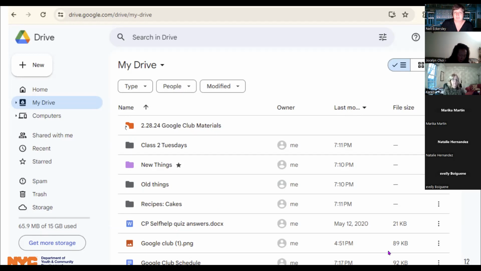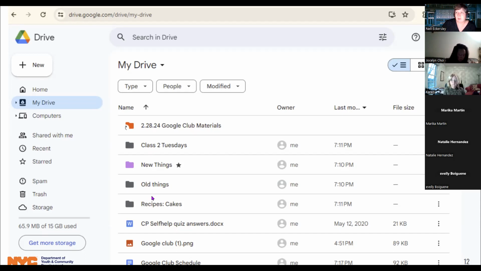What else do you notice here? What order are they in? Did someone say alphabet? Jocelyn, what did you say? Yeah, there's numbers and then alphabetical order after that. Excellent. So numbers are really important to recognize, because this can be very helpful for organizing your stuff. Numbers will come before the alphabet. So if you put a number before a word, the number is going to be how it's ordered.